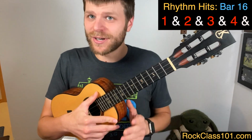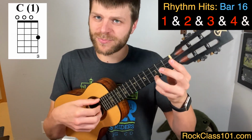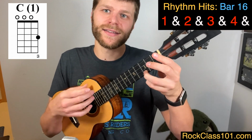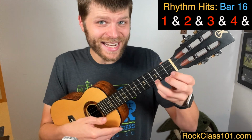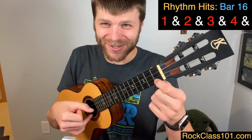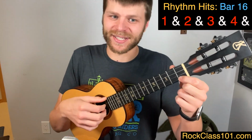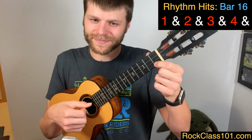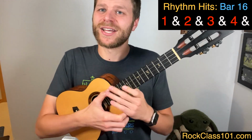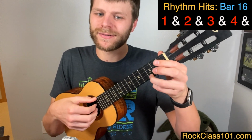And then 16 is going to be a C chord. We just take our ring finger, place it on the third fret of the A string, and we pluck all 4 strings together. And play the C, E, and then index on 1 of the A and play that note. Which you notice is a little tense, right? But what it's doing is it's leading us into this melody section, this next part. So let's go ahead and hear 16 in time. It should be something like this. 2 and 3 and 4 and...